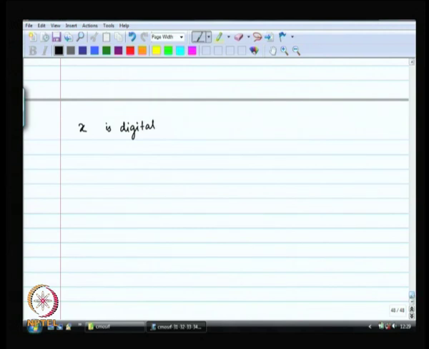Let us say X is digital and it has a lot of bits in it. Okay. So, X is a number like 0.1, 0.2, 0.3. Let us say that number is represented by k bits. Then